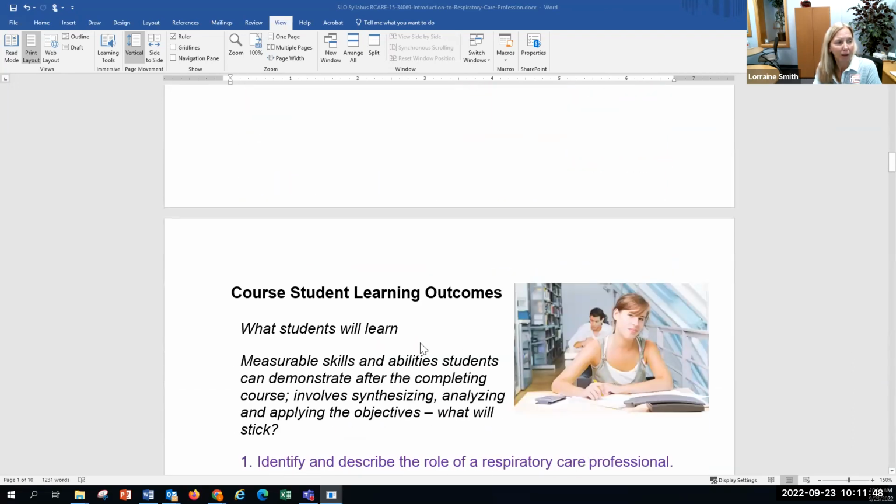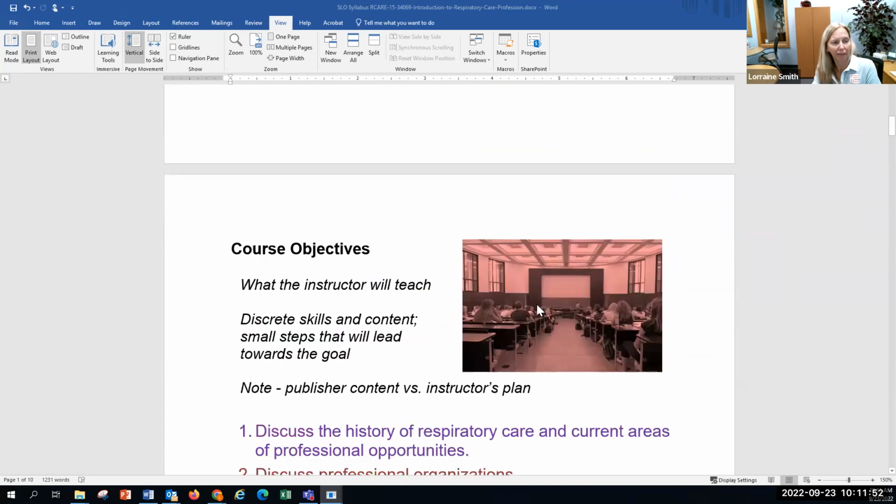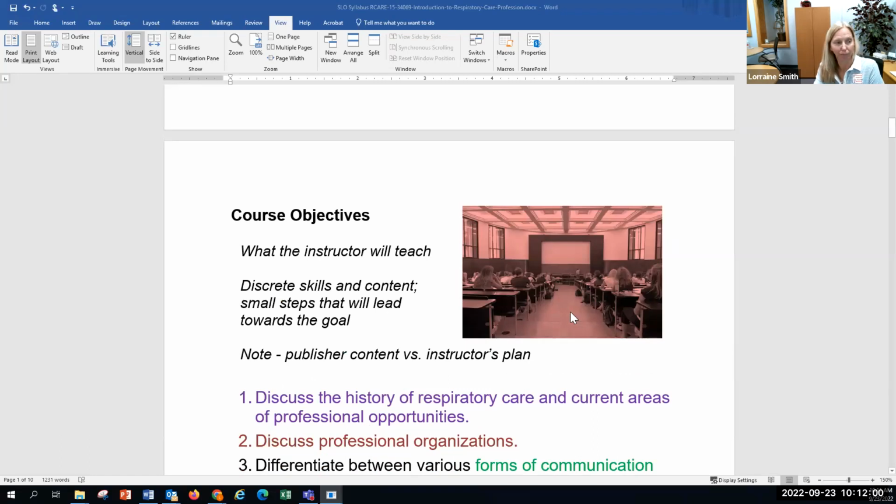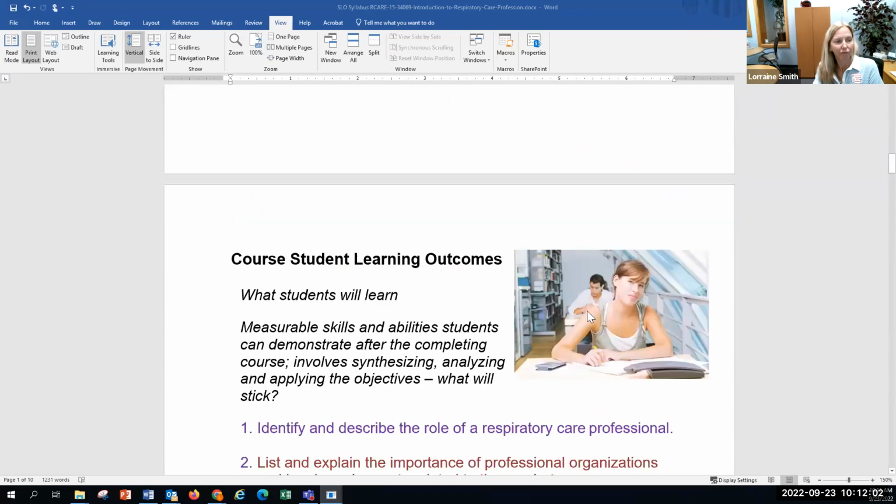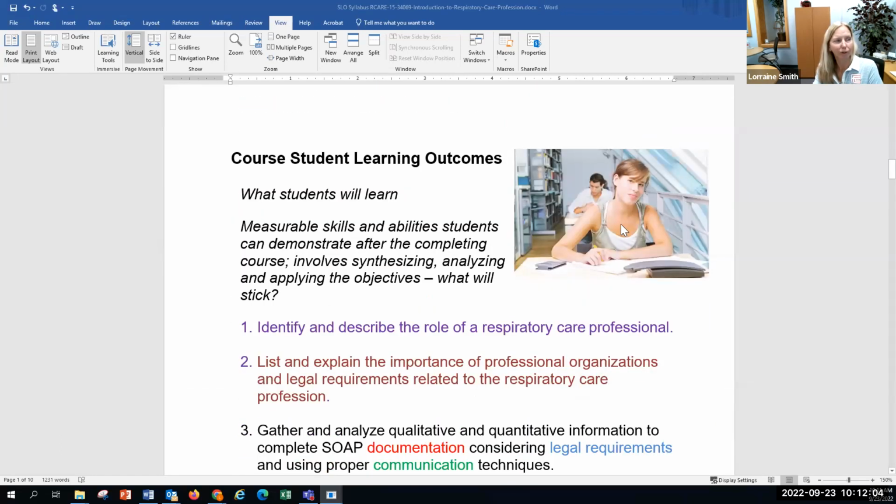So let's talk now about the course student learning outcomes. And again, if you're in front of the class here talking to the class, you don't know what students are gaining. They might be listening, they might be on their phones, they might be talking, they might be daydreaming. But really the students are all individuals. So for the student learning outcomes, we really need to think about, what are they learning from this? I'm giving them bits of information. I'm talking to them. I'm covering this content that is in the objectives, but really what